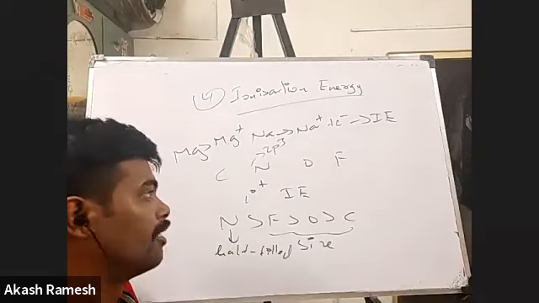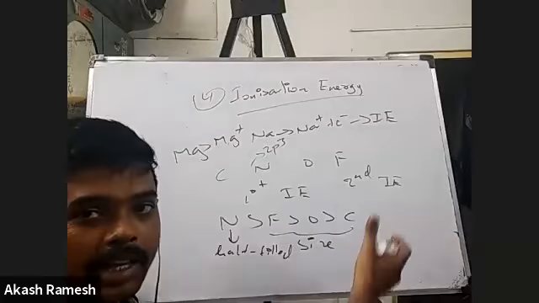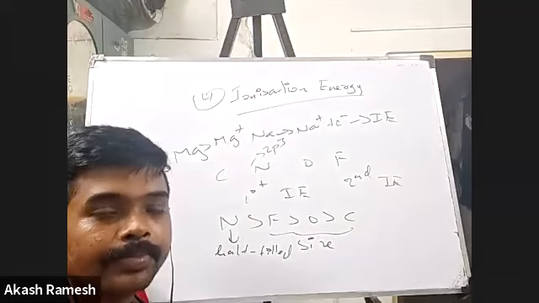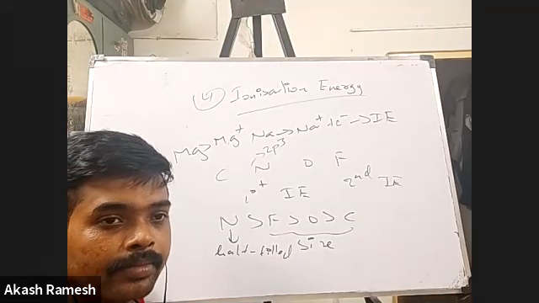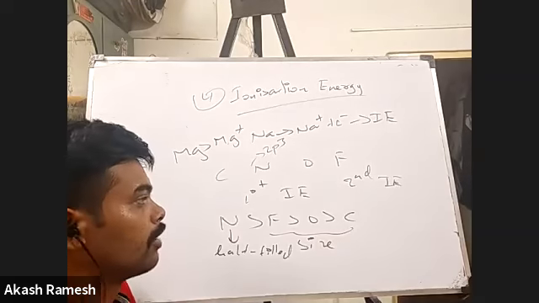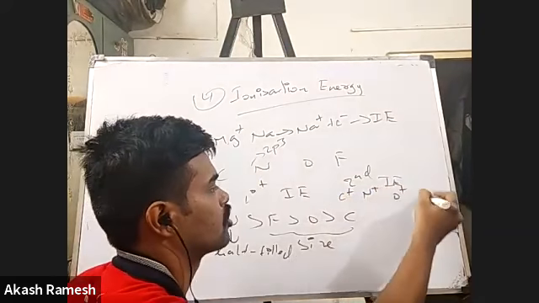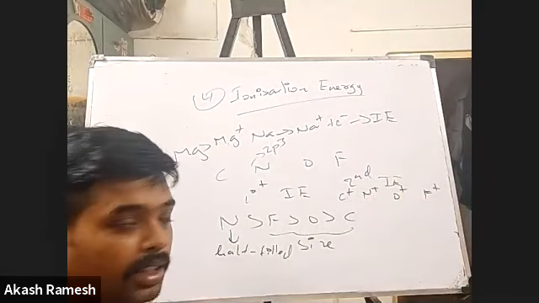Okay, right? Fine. Let me speak about the second ionization energy. Can you arrange them and tell me what will be the order of second ionization energy for all of these? Oxygen, fluorine, nitrogen, carbon. Okay, I think it should be correct, right? So we have to look at carbon plus, nitrogen plus, oxygen plus, and fluorine plus. That is, after the first ionization energy, they would have formed these cations, right?